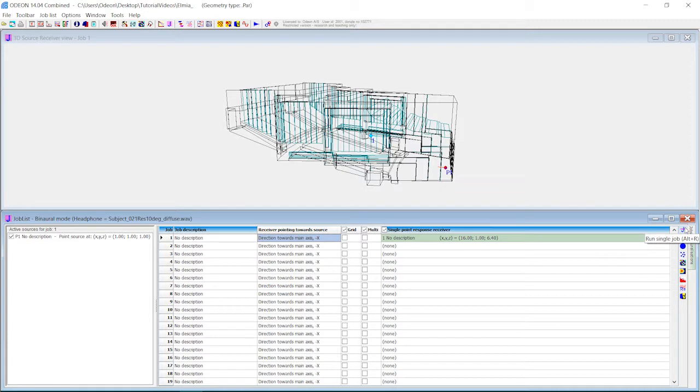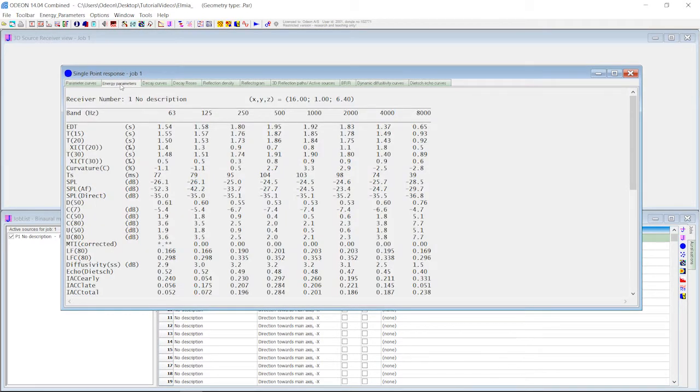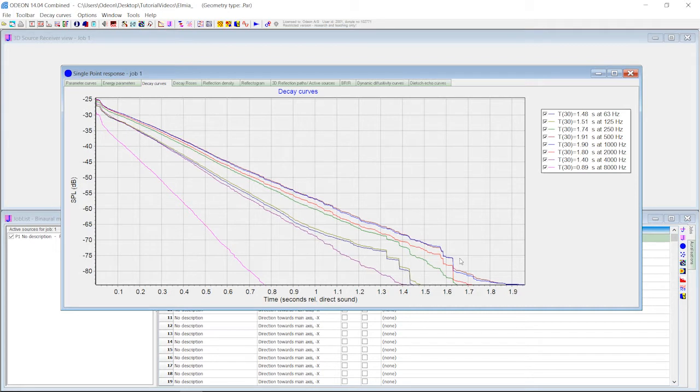So begin with having it quite low for the first rough calculations, and then increase it when you're at the end of your project and want to get the final results. Now we can see the decay curves are much nicer. You can still see some problems up here, but again, it is quite below what we need. I would increase it, even though we easily have T30 here.